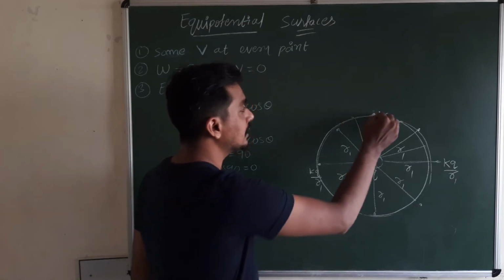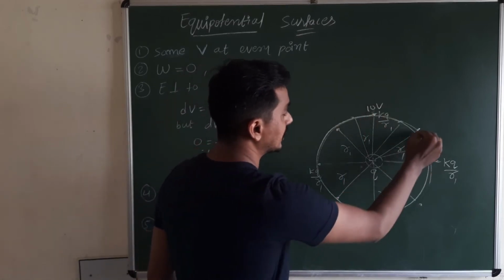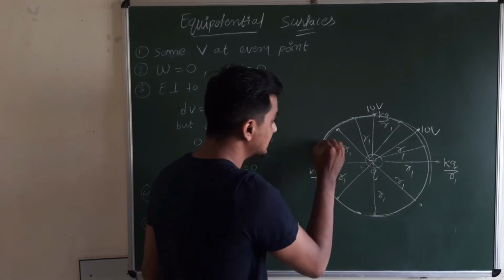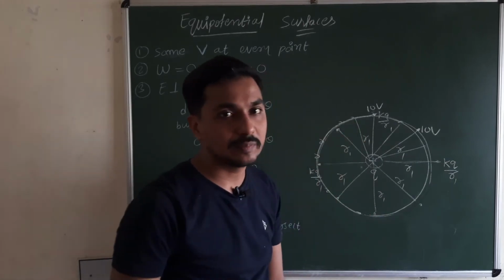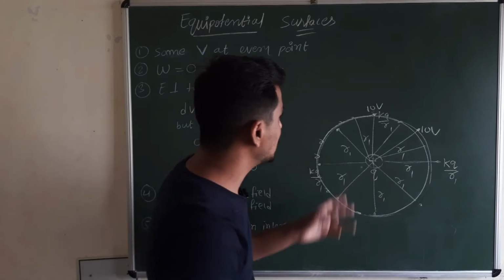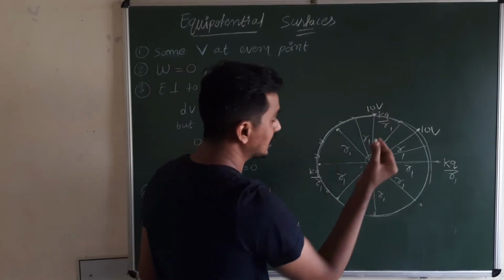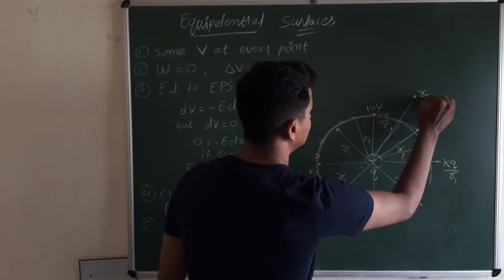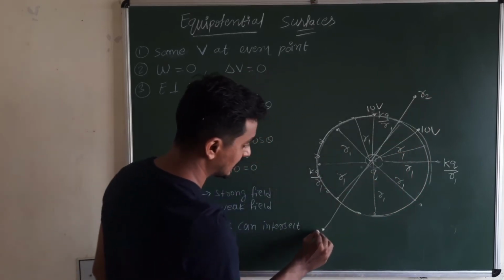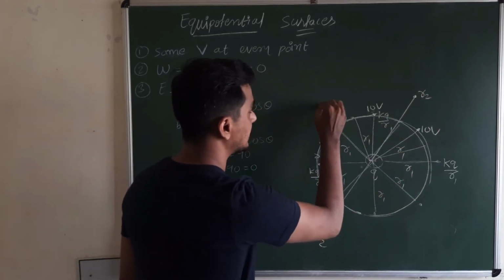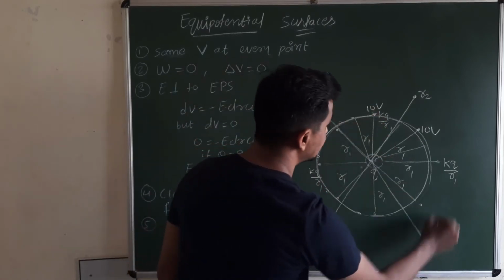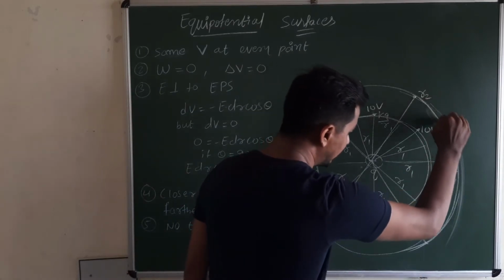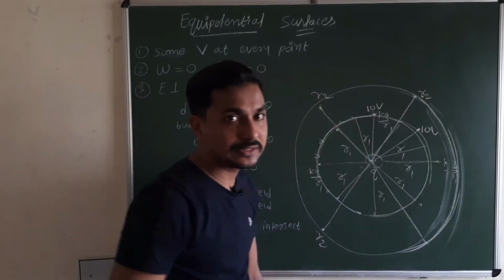That is, if here the potential is 10 volt, then here it will be 10 volt. At every point, the potential will be the same. Now suppose I want to find another equipotential surface. Then suppose I take this distance r2, and the same distance r2 here, and here. Now if I join all these points on this line, then I will get another equipotential surface of